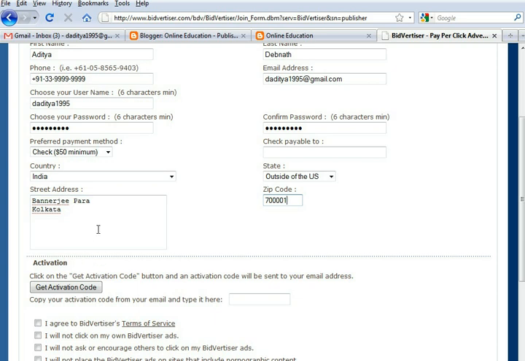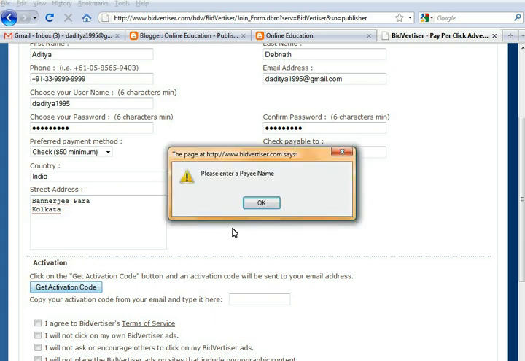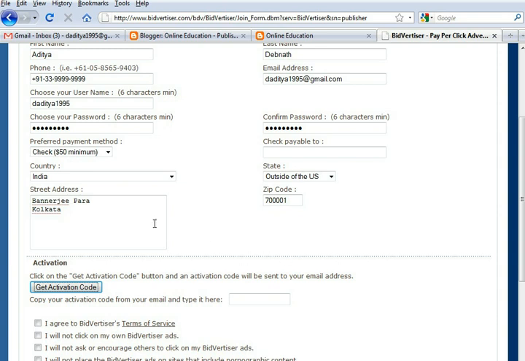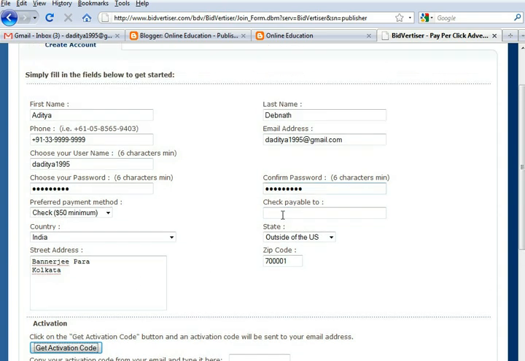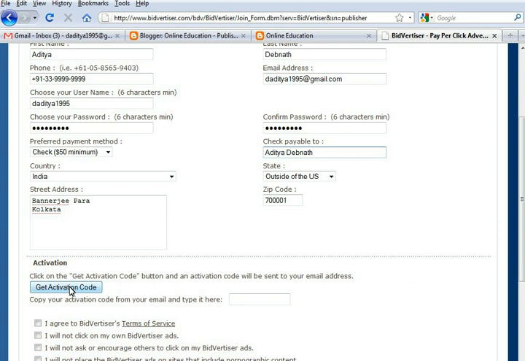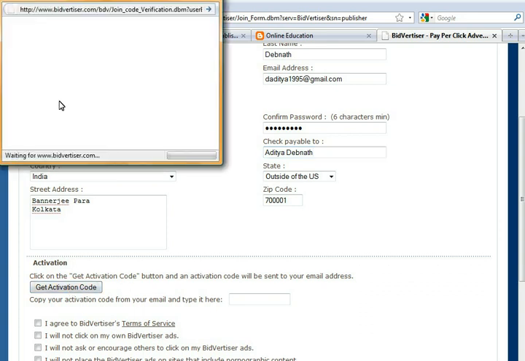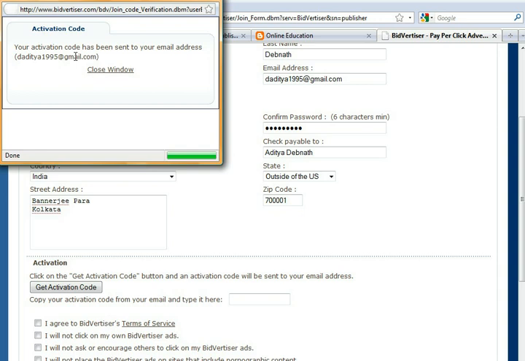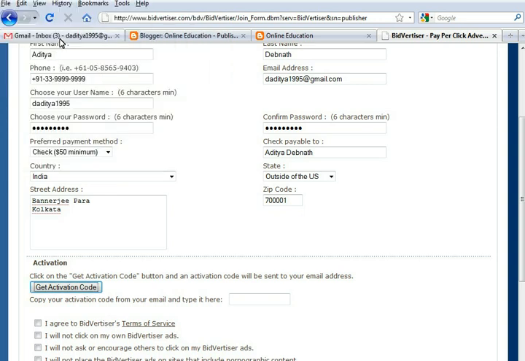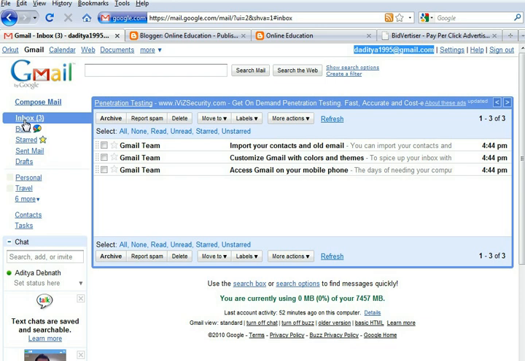And this is get activation code. Put your name. After clicking that, Bidvertiser will send an activation code to your mail ID. Close windows. You'll get it from here.